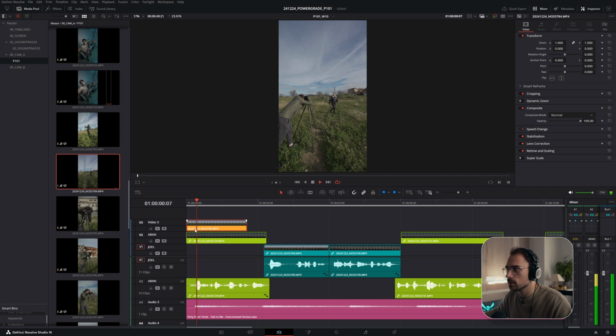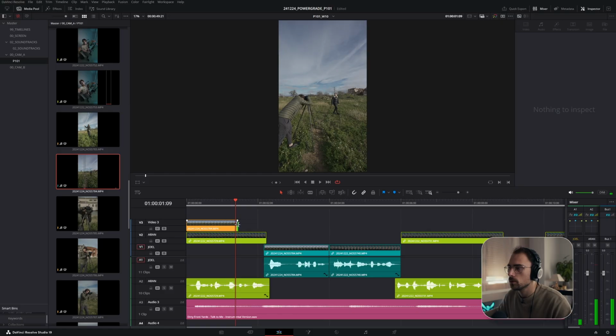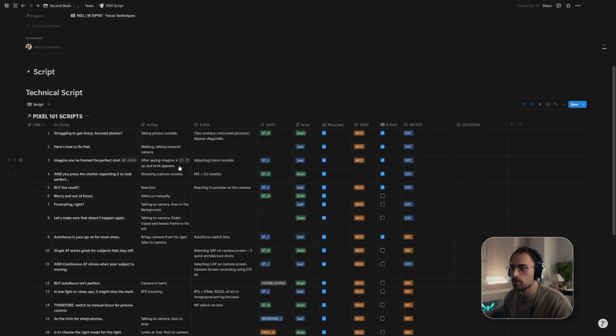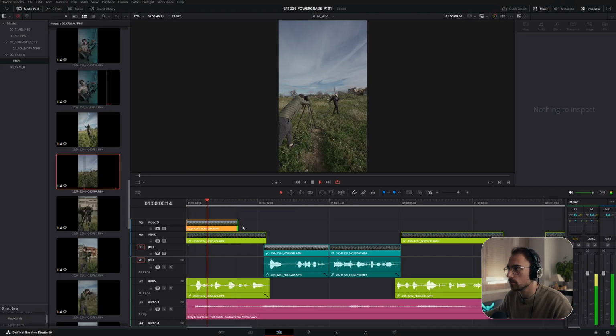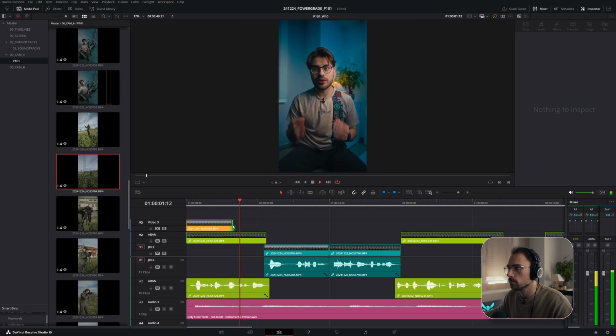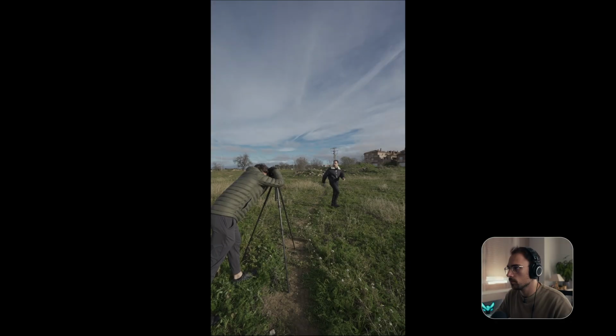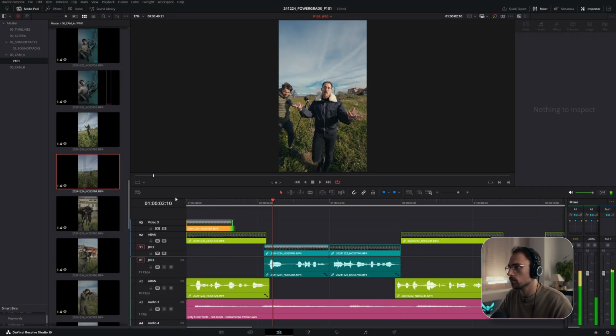And I know this. Struggling to get sharp focus photos? Well- Struggling to get sharp Focused photos. Struggling to get sharp focus photos? Struggling to get sharp focus photos? Well, here's